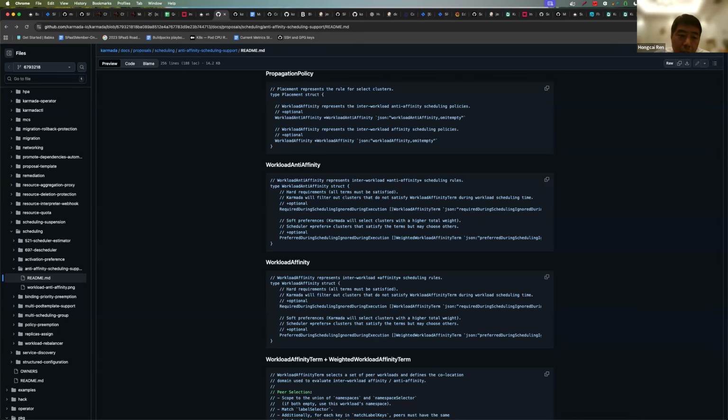Yeah, we'll need to be smart about how we maintain that metadata. It could just be that during scheduling time, once the scheduler decides to add the cluster to the resource binding, we could then update the cluster info snapshot to map specific workloads to specific clusters they've been scheduled to.